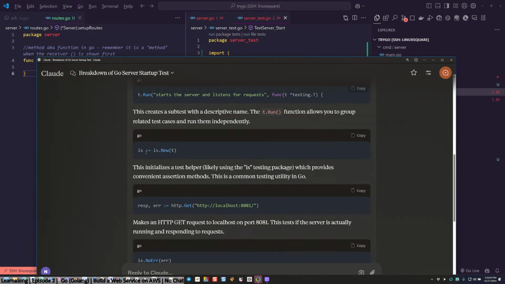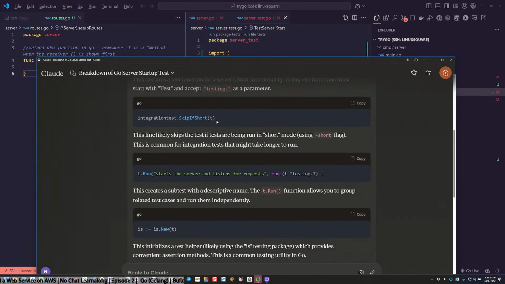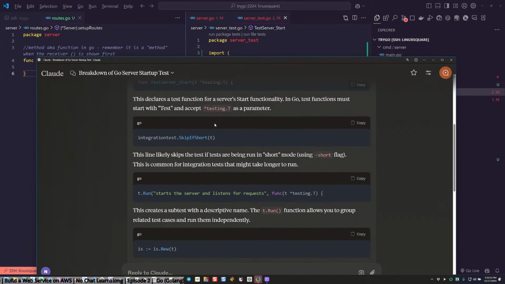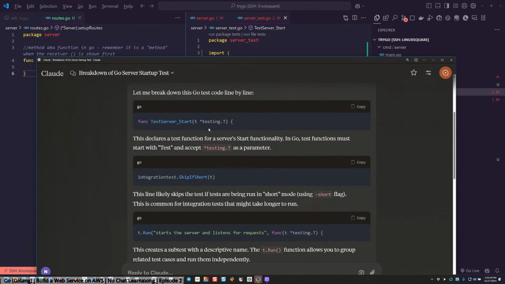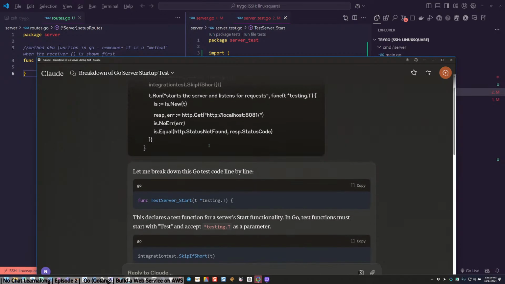Is variable assigned a value of is.New T, which now we know what T is. Testing.T.